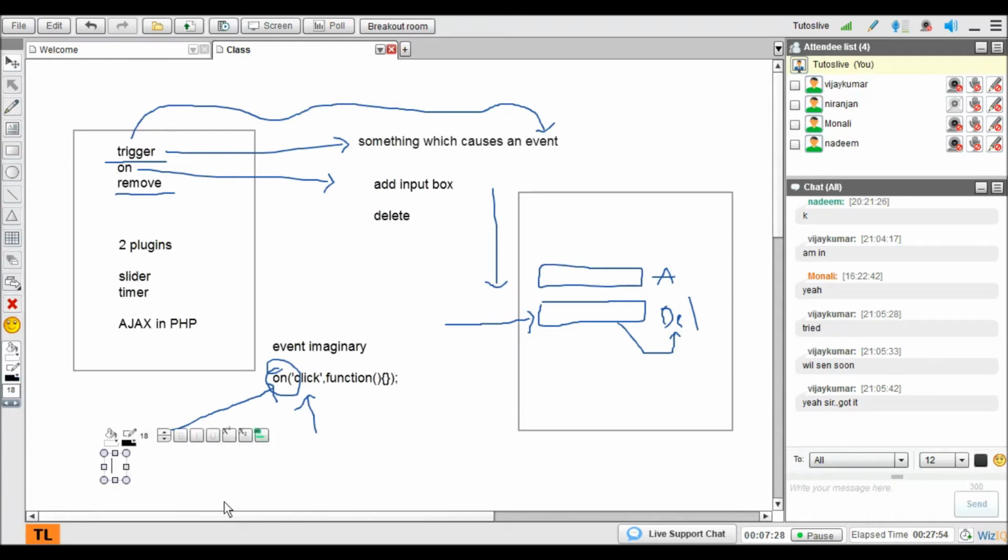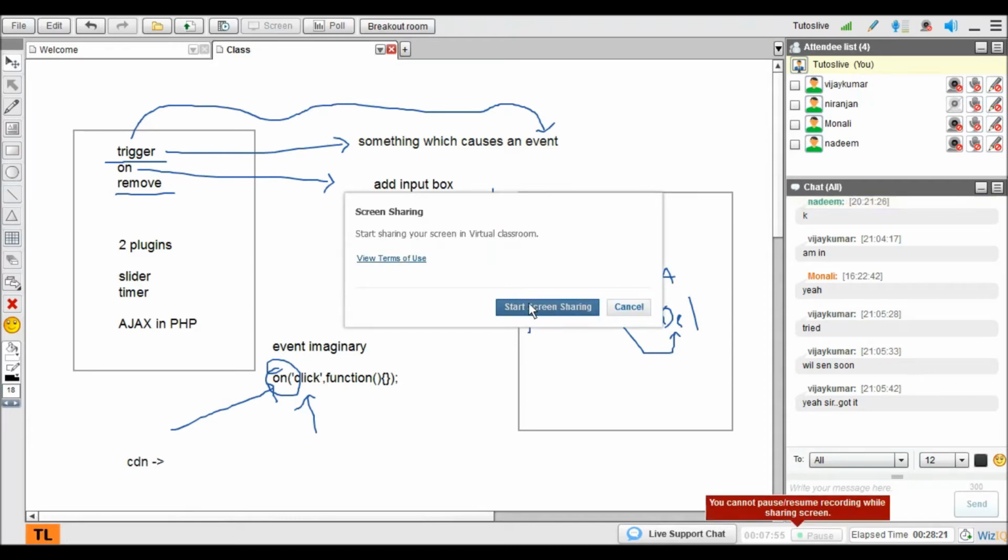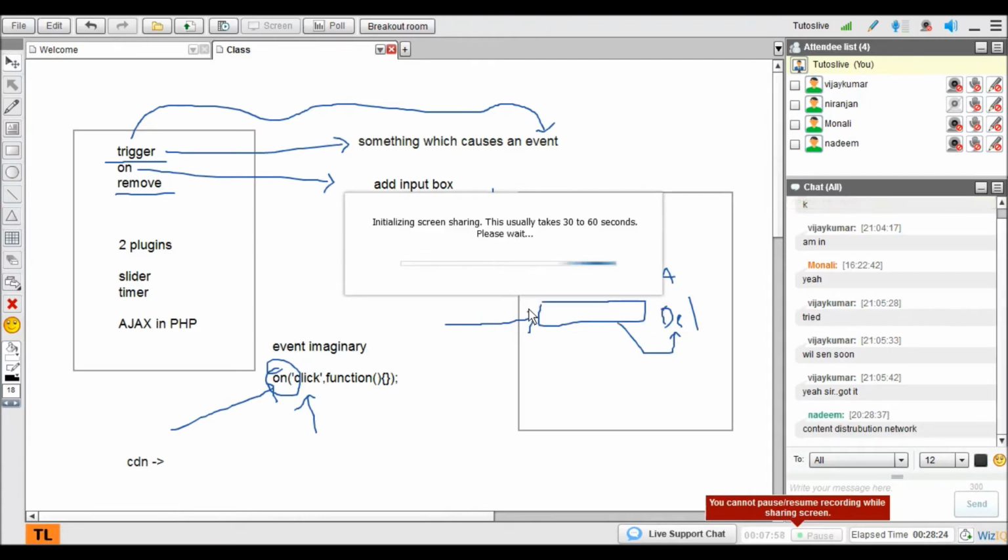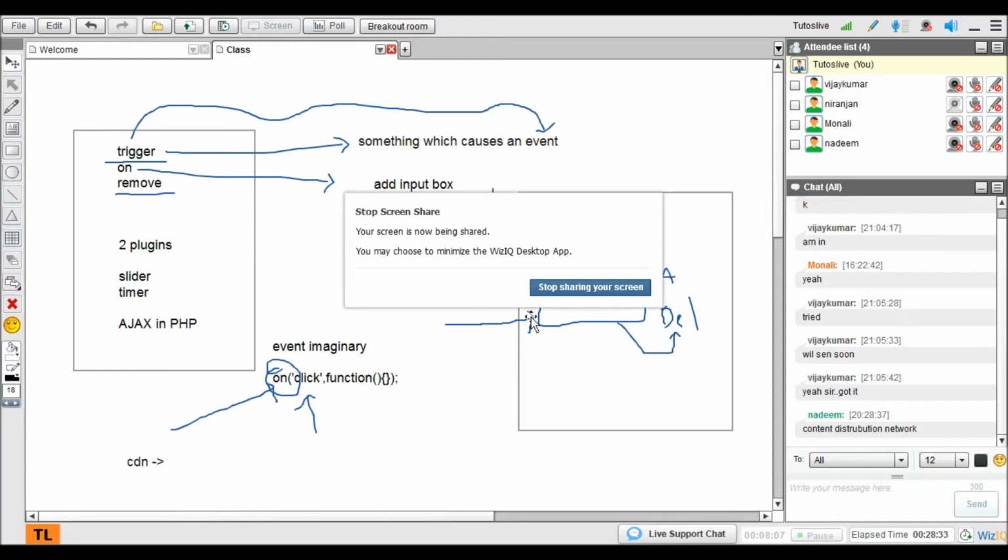And today I also wanted to discuss CDN. I always confuse this part. I guess this is computer distribution network, or I don't remember exactly. But CDN is nothing but remotely placed files. So you don't have those files in your system, but they are loaded from somewhere else. So we will see in today's class this content distribution network. Yeah, this time I'll remember this. It's content distribution network. So you don't have any code with you, the code will be somewhere else. That is called CDN, plain and simple.